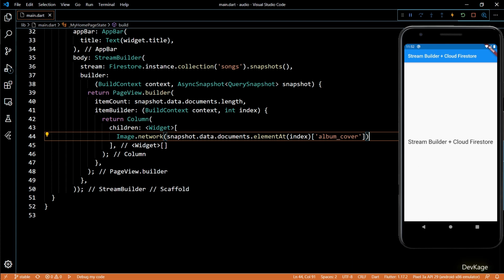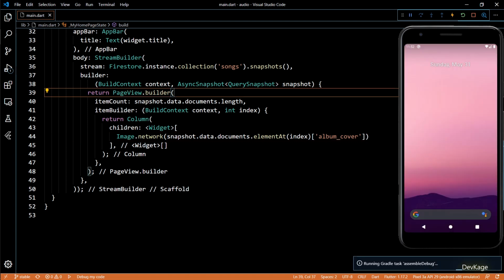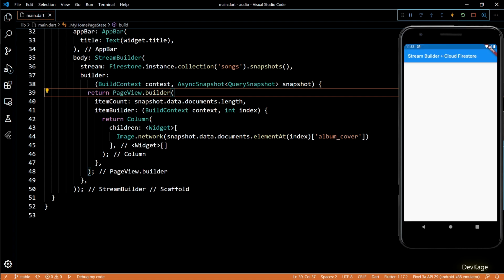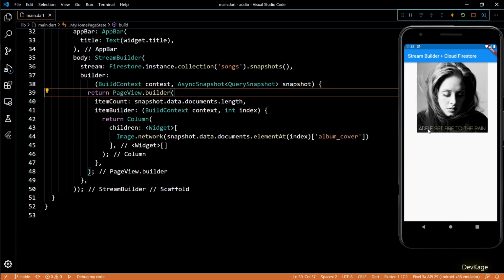Let's save this code and check if it is working as expected. Since we have added a new package and a lot of code, hot reload will probably not work. So I'll just relaunch the app. We will probably see a red screen for a fraction of a second before we see the actual album covers. I'll explain why that happens and how we can avoid that later. So as you can see, we get the first album cover for Back in Black from AC/DC.